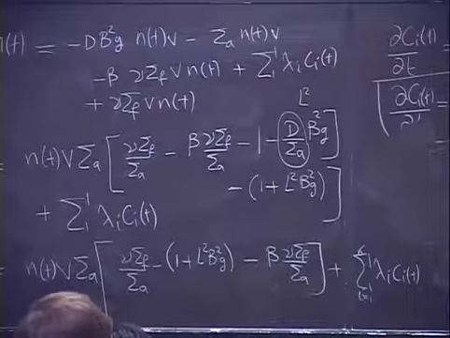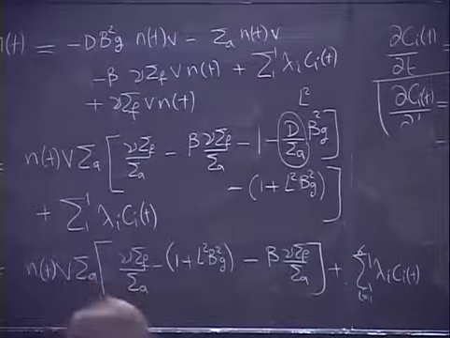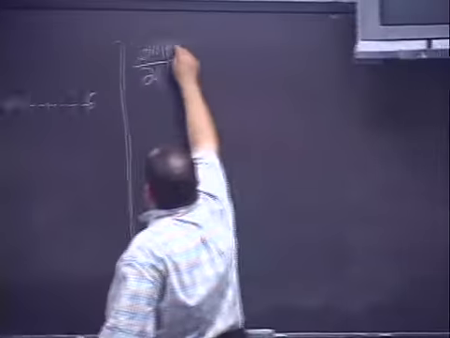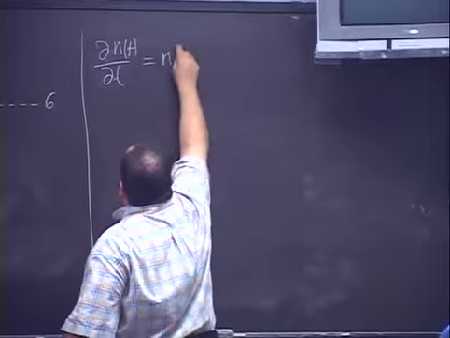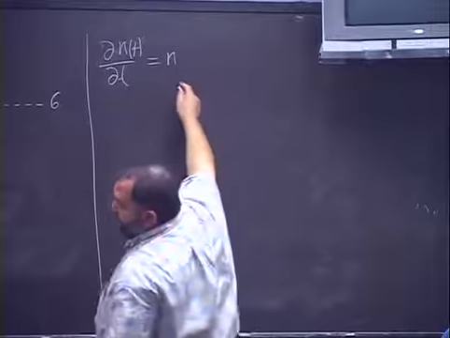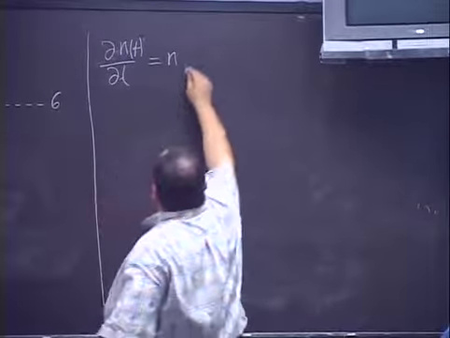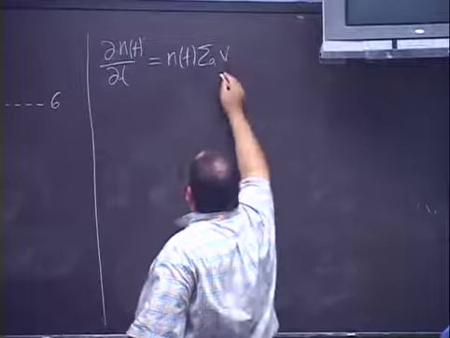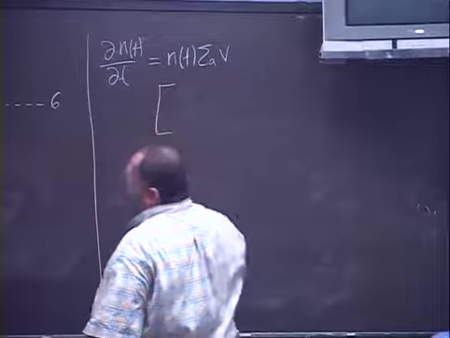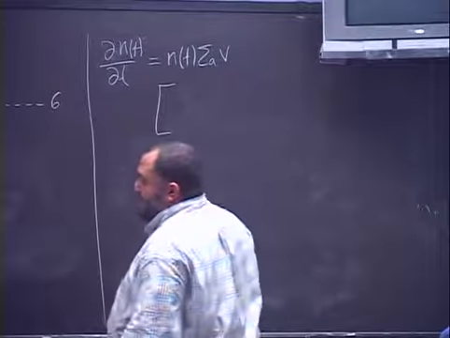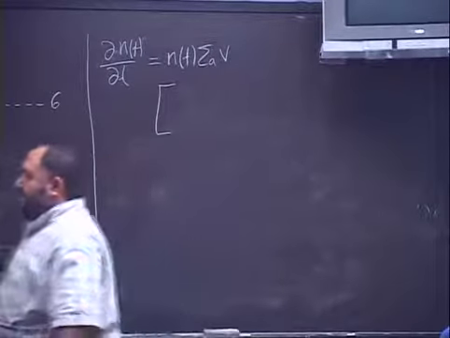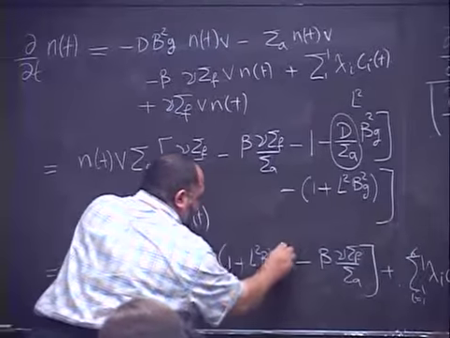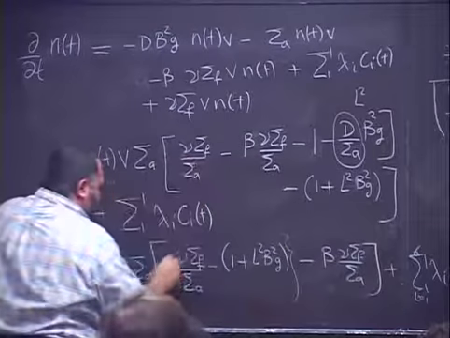So now, it will be dn of t by dt equal to n of t multiplied by sigma absorption multiplied by v, all multiplied by this. If I go back here to this bracket here,